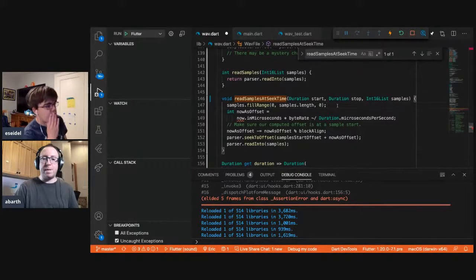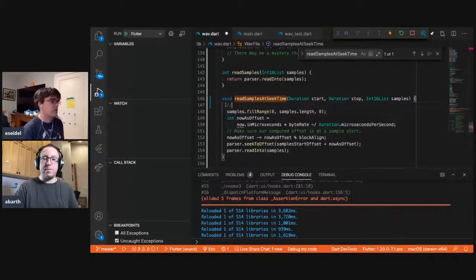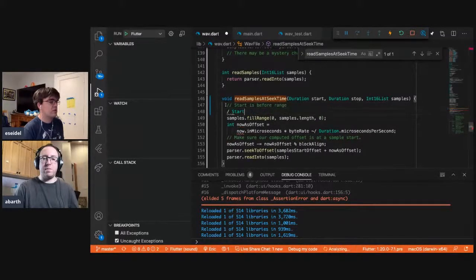There are several cases here that we have to cover. There's start is before range. There's n minus start is negative.